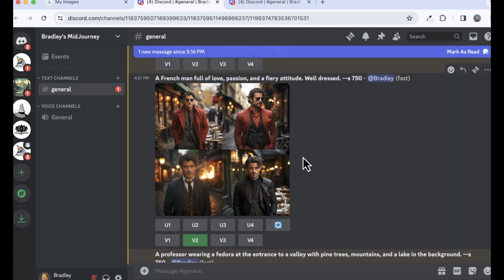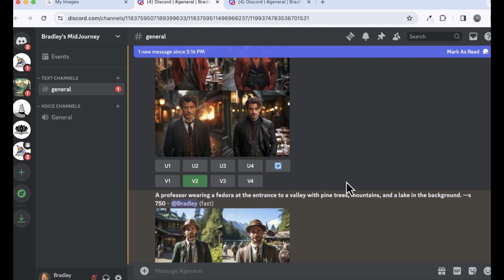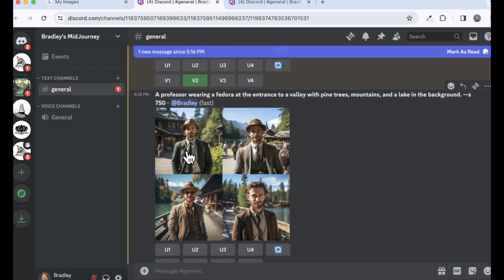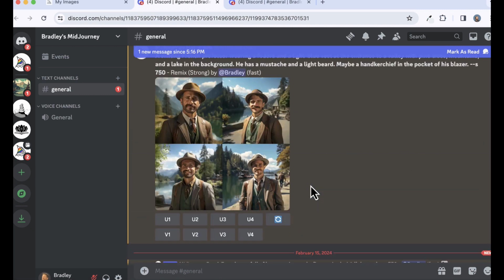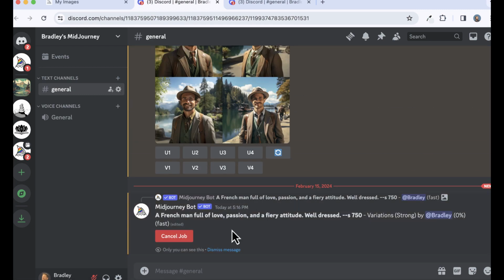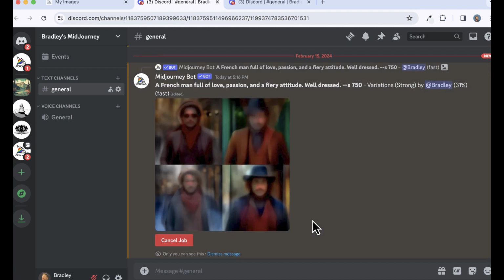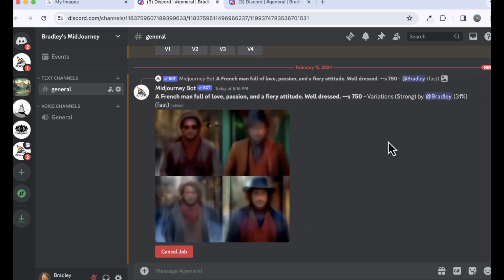Let's say I like number 2, but I kind of want to see what happens, right? So then I go down to the bottom and I'd find it. So here's my German. This is my analytical guy. But let's go down to the bottom and let's see. Here you see the next thing that's being built. 0%. It's busy. It's going to get started, and it's going to create alternatives to that number 2 down here. There we go. Okay, so now it's at 31%. It's kind of fun to watch.